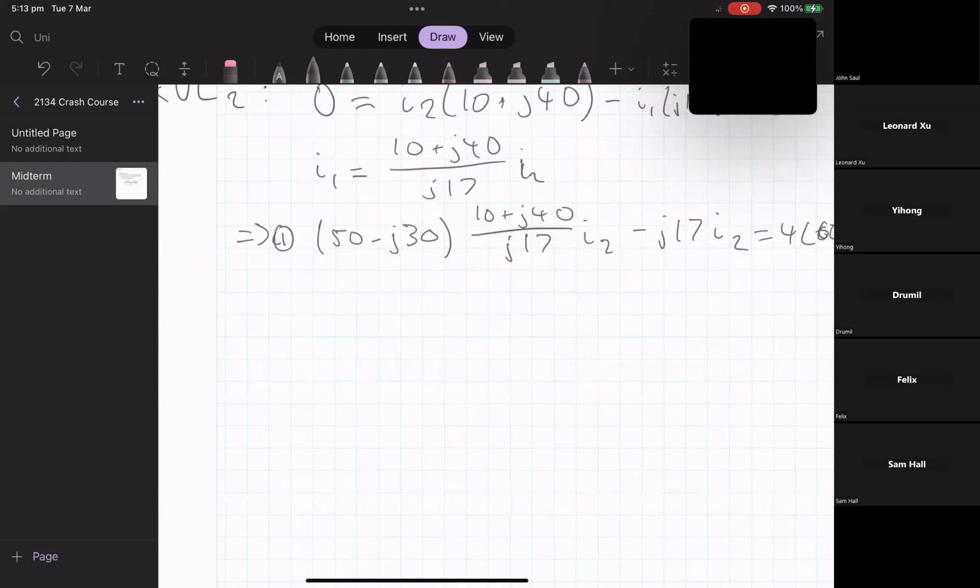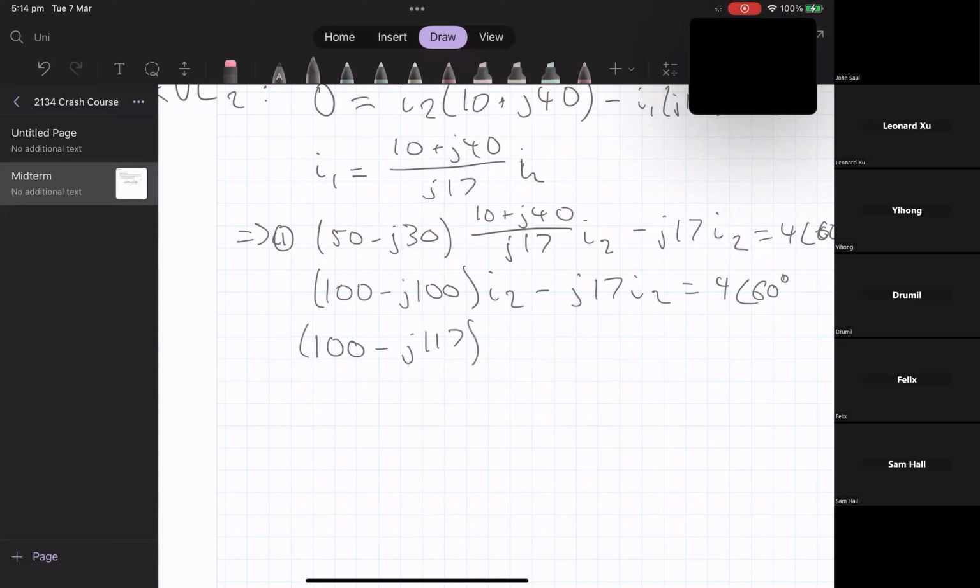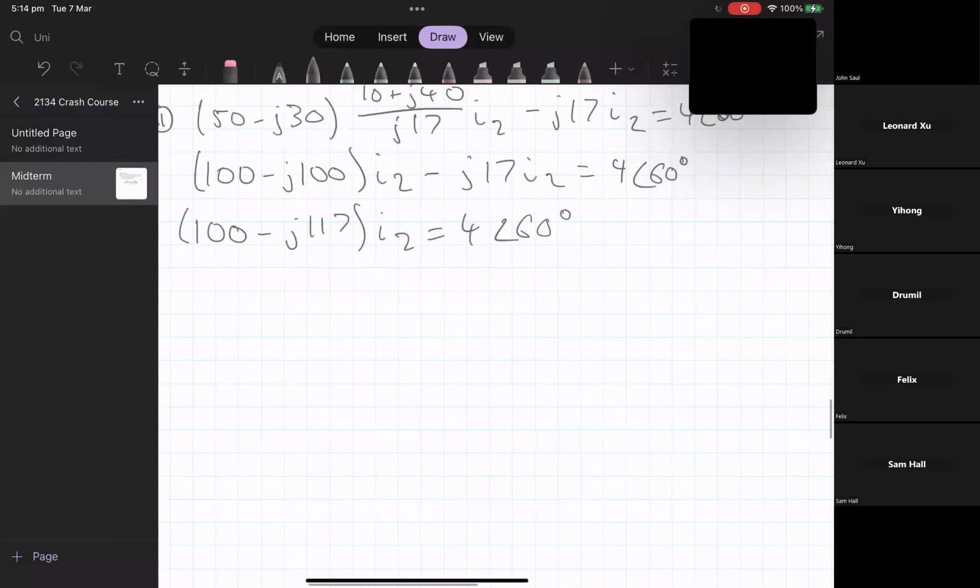Okay, and then this simplifies down to the check. Minus j100 I2 minus j17 I2. Again, 100 minus j117 I2 equals 60. Solving for I2 gives us